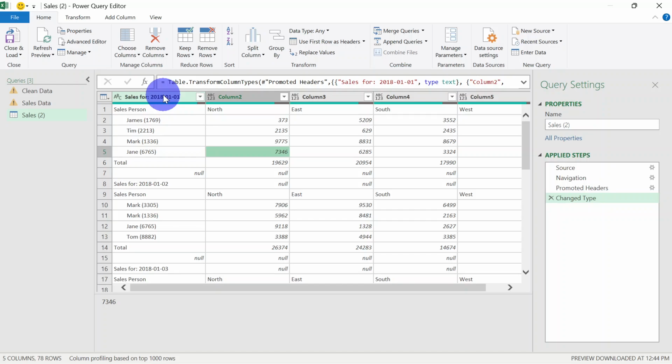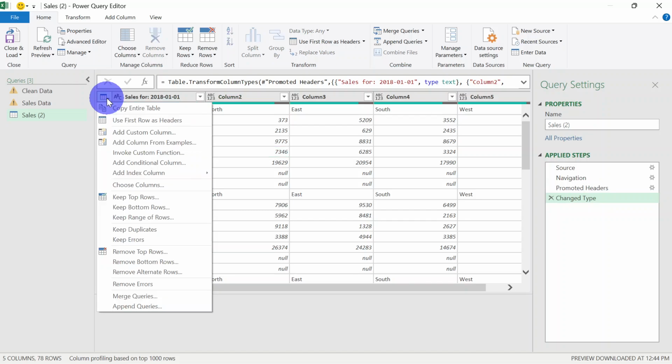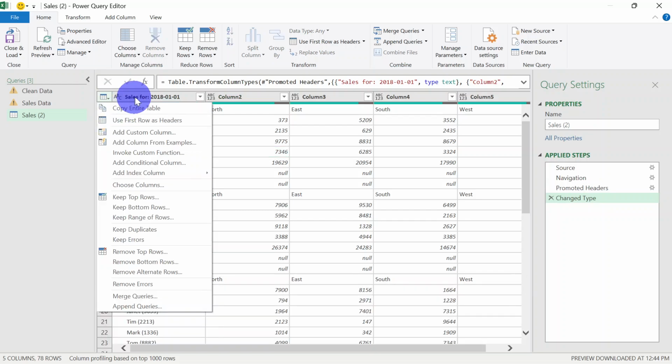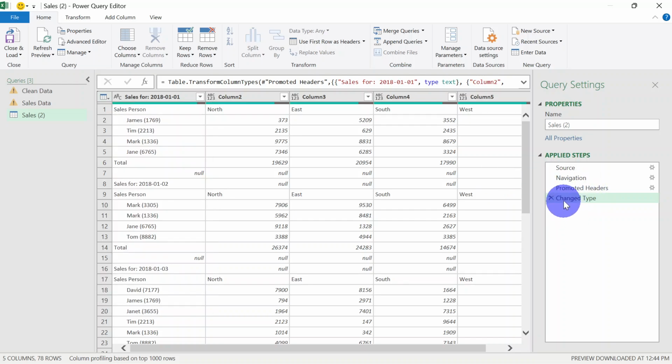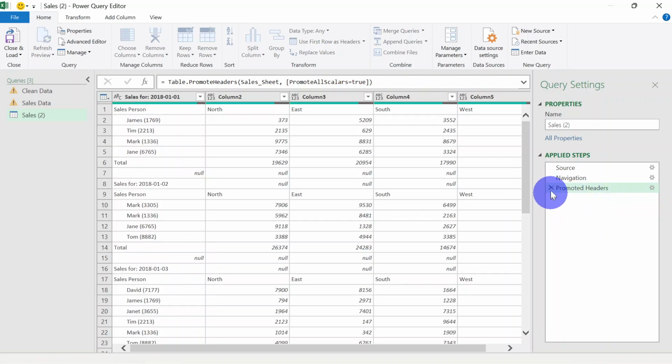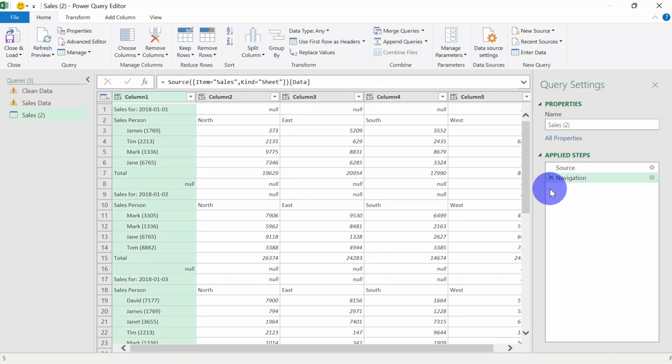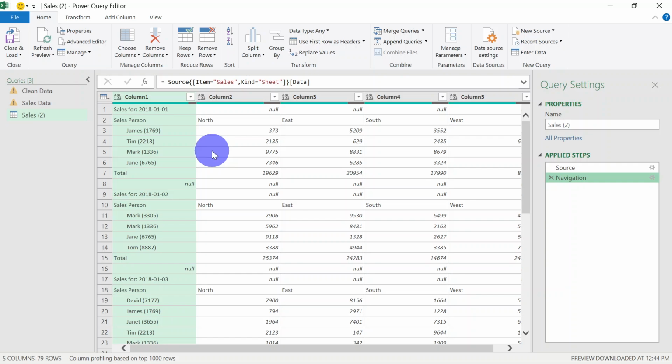Where can we start now? What are some issues? We already identified a number of issues here. So let's start by restoring this thing back. Let me just close this step where it promoted the header. We'll still do that later on. Now the first thing we would want to do here is